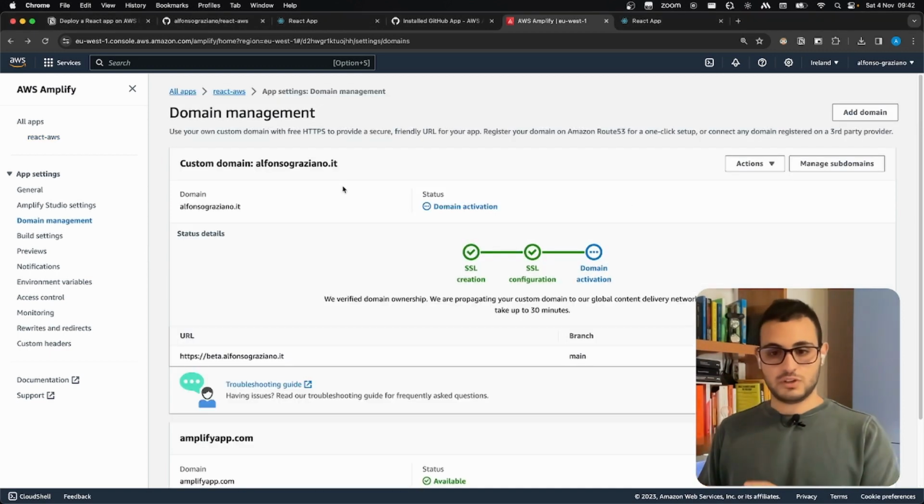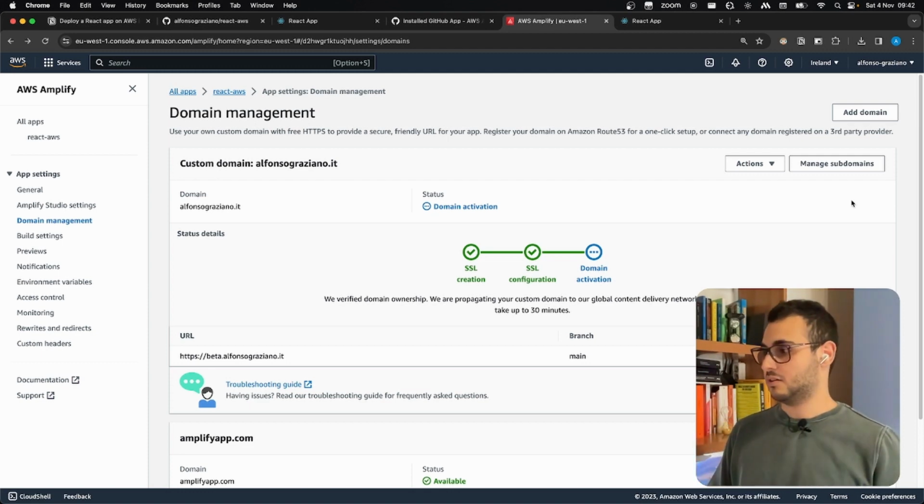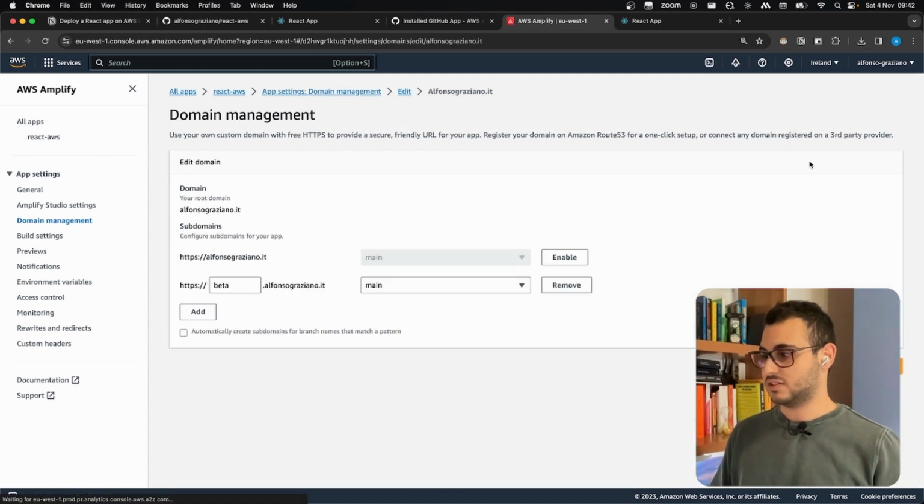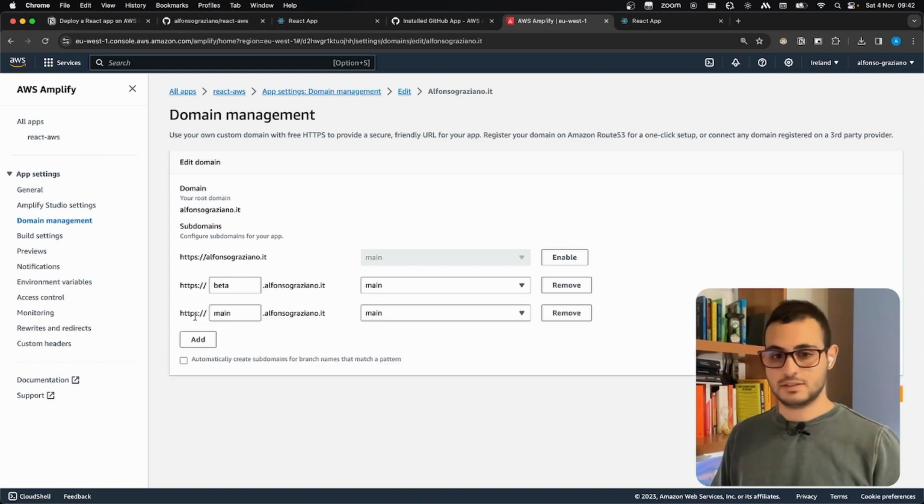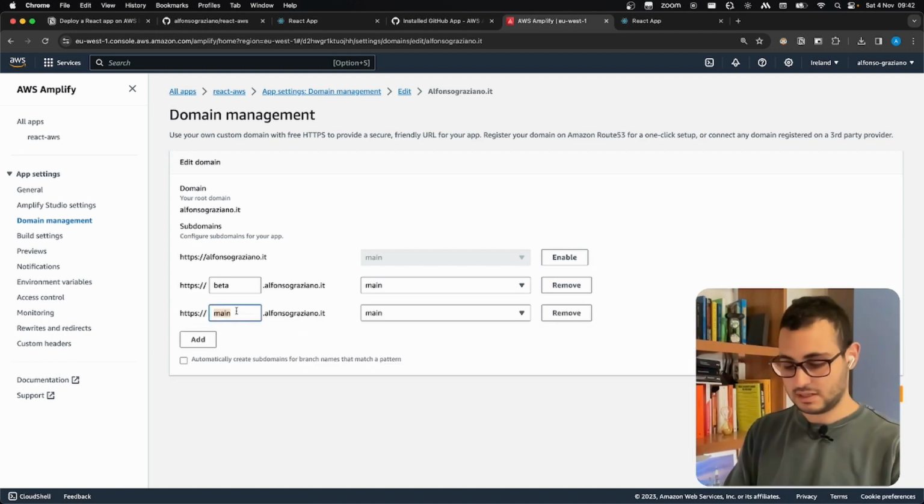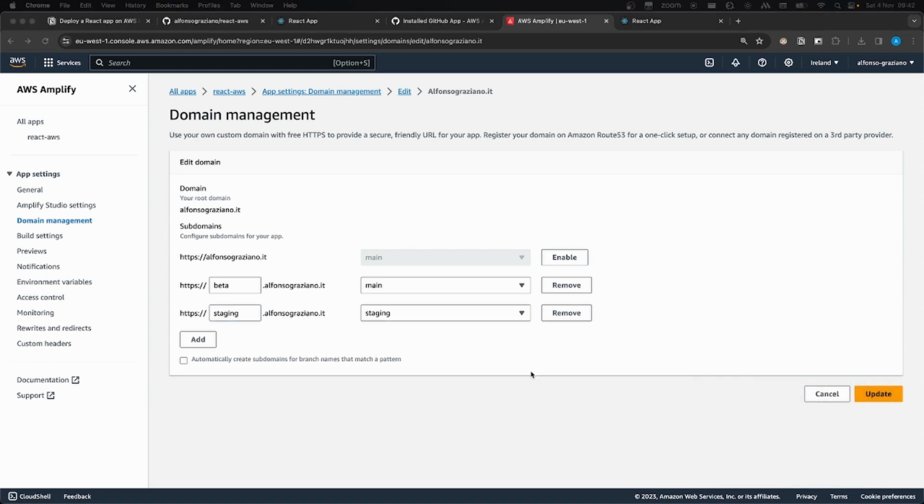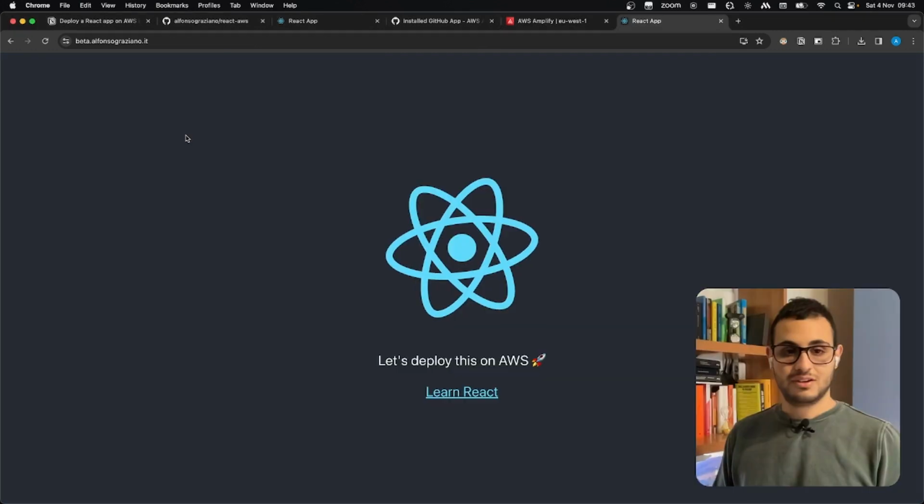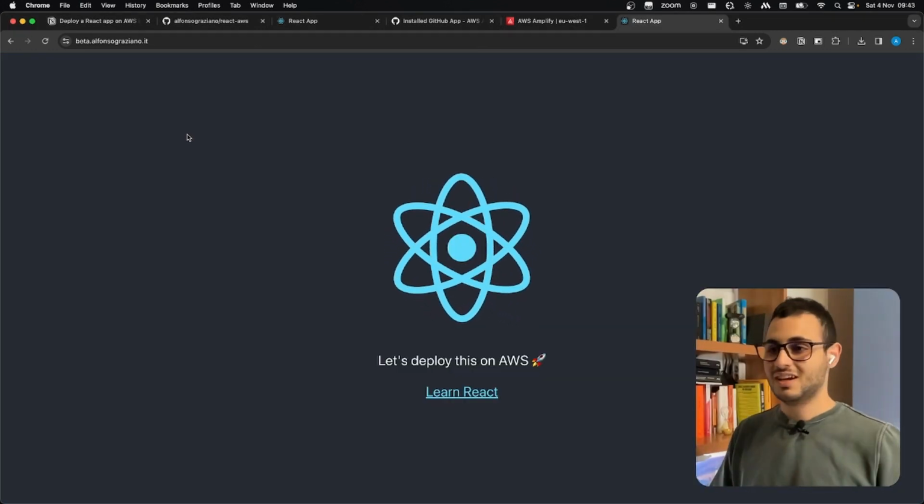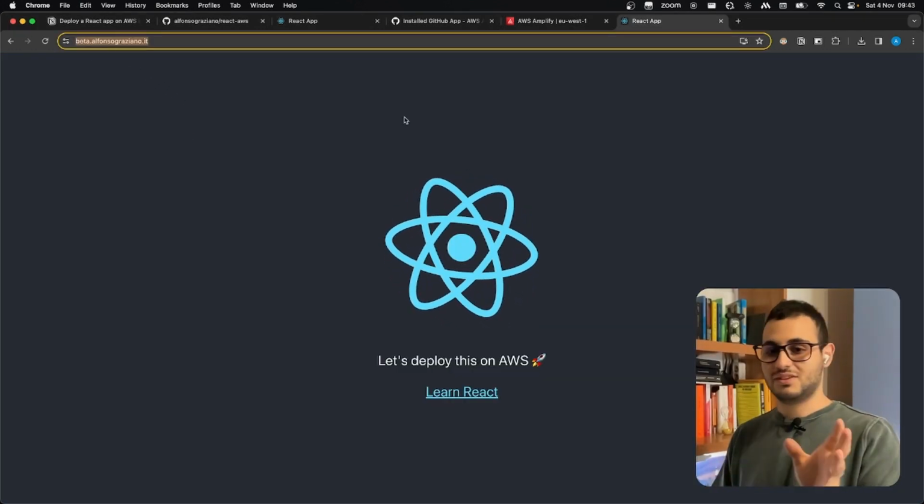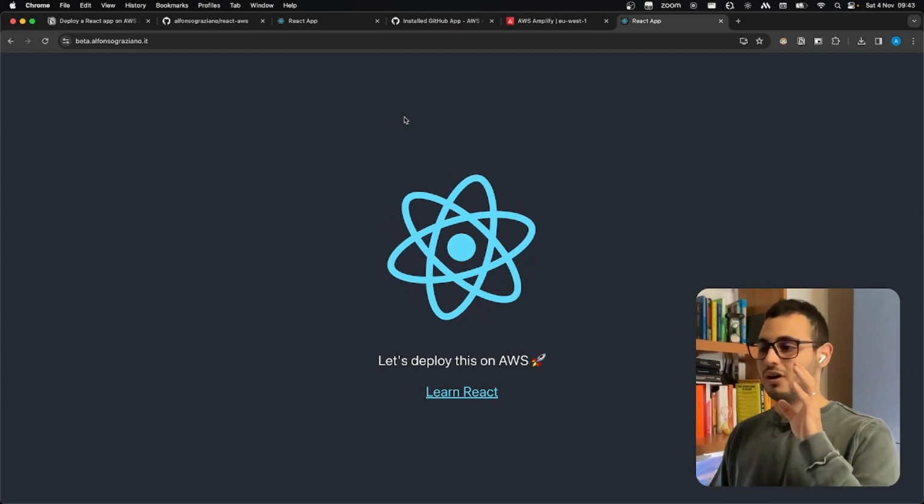Of course, if we want, we can connect this staging environment to our custom domain as well. We need to go on manage subdomains, we go on add, we say for example staging, we connect it to the staging branch, and then here we just need to click on update. Okay, in the meantime, it just finished, and if we go now on beta.alfonsograziano.it, we can see our React application